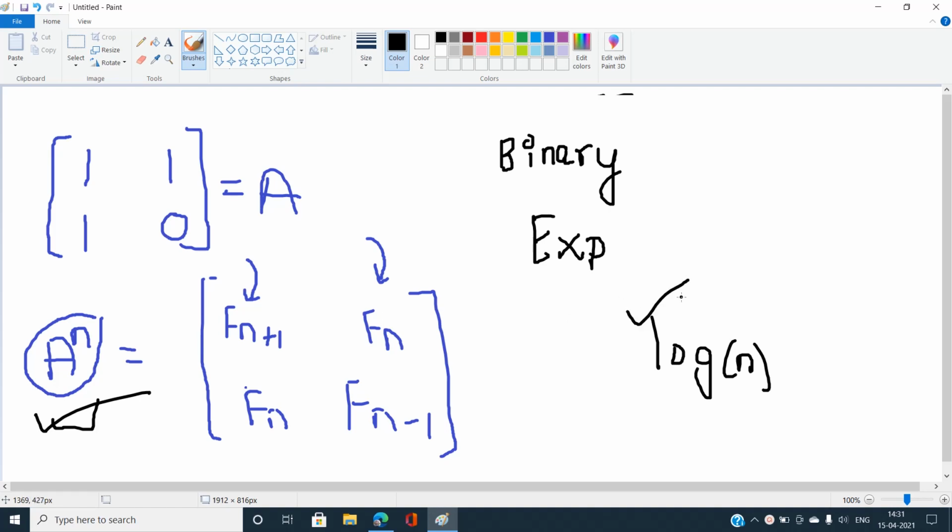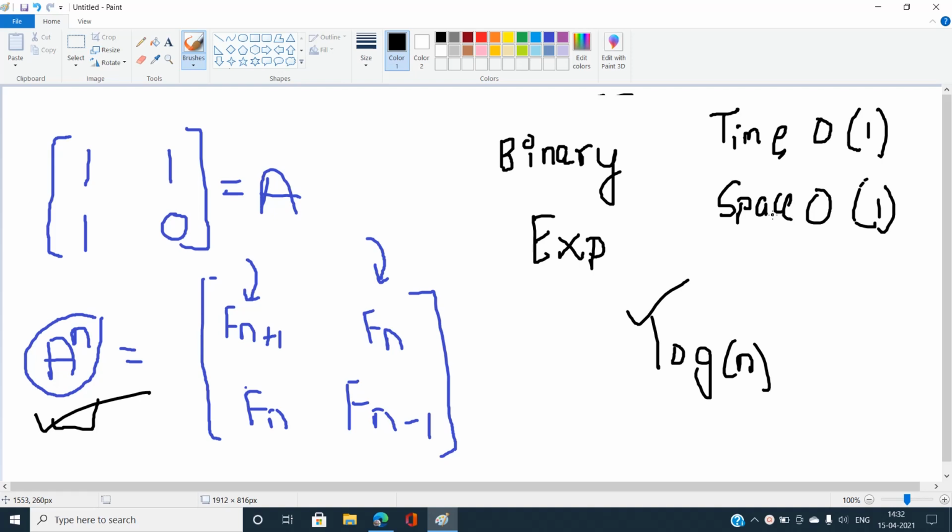And now I'm going to introduce the best possible way to find the Fibonacci number, that is O of 1 time and O of 1 space complexity. This is for time and this is for space. In the previous methods I talked about O of log of n time, O of n time, and O of 1 space. Now I am going to talk about the best solution to find the nth Fibonacci number, in O of 1 time and O of 1 space complexity. So let's find out how we are going to do that.